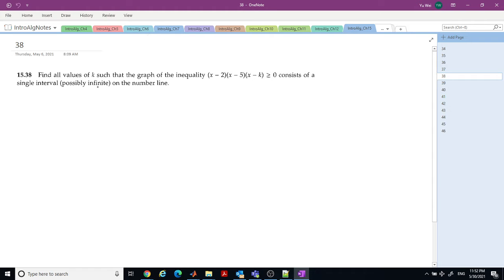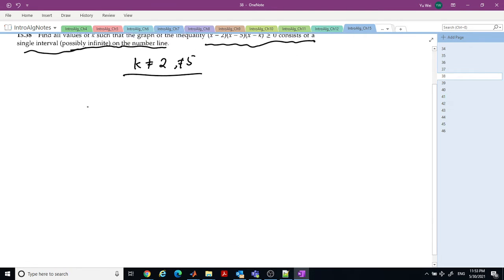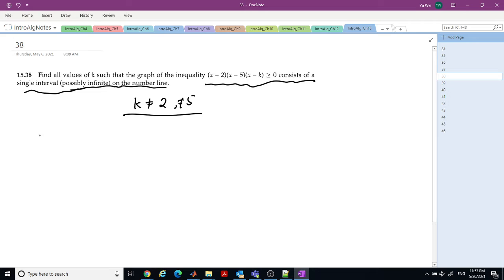Find all the values of k greater than 0 such that the solution set consists of a single interval, possible finite or infinite, on the number line. Let's see how it could be. So k doesn't equal 2 and not equal 5. Without loss of generality, let's just say k is